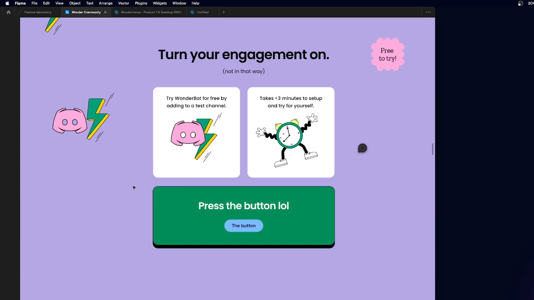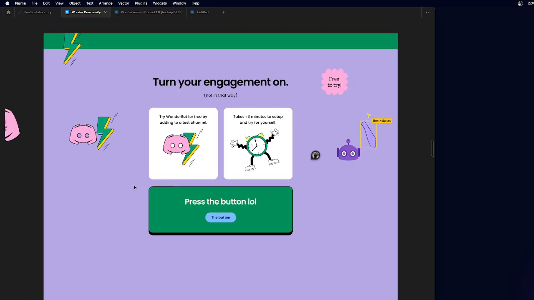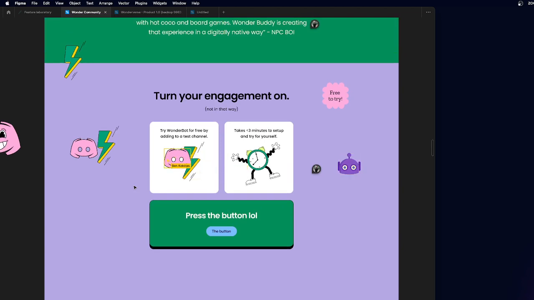Honestly, this is like free to try. So he's still super early in this section, you can tell. By adding in test channel, it takes 3 minutes to set up yourself. This is kind of nice too. Oh, and then I'll have him like